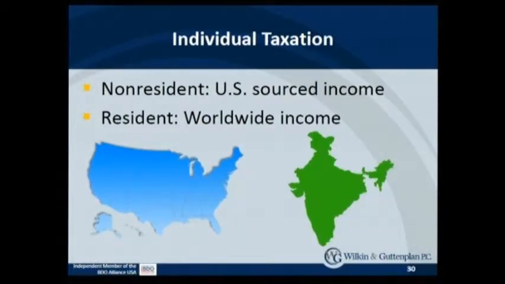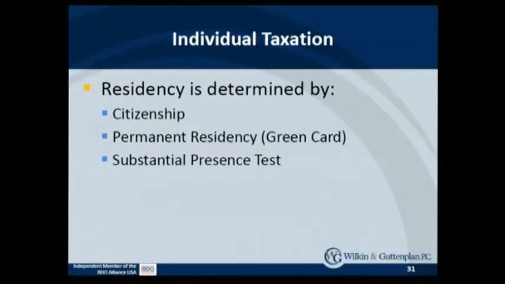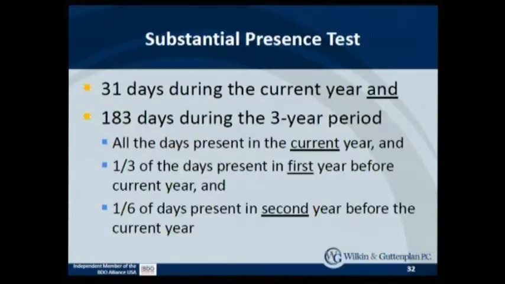So how do I go from being a non-resident to a resident? I'm a resident if one of three things: I'm a US citizen, if I'm a green card holder, or if I meet something called the substantial presence test. So it's pretty clear if you're a citizen or a green card holder, but what about the substantial presence test? People always ask me, how many days do you have to be in the US to be subject to US tax? And I wish there were an easy answer. It's not. You have to go through this formula that basically looks to see how many days were you in the US in the current year,